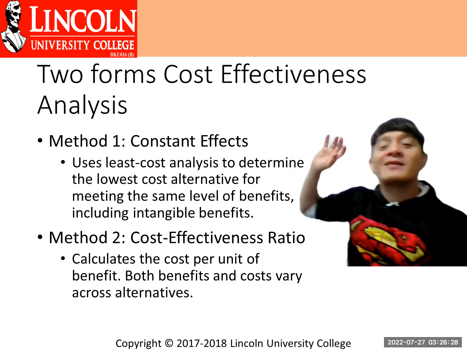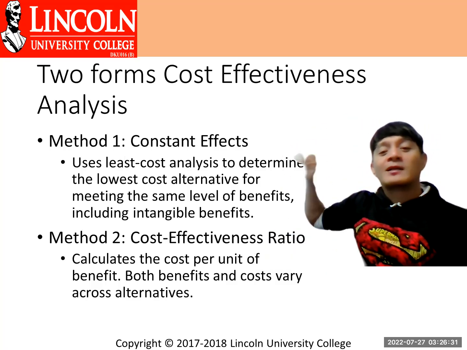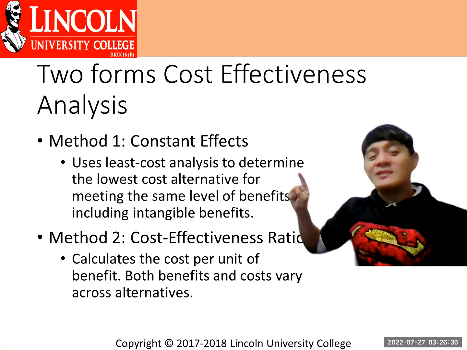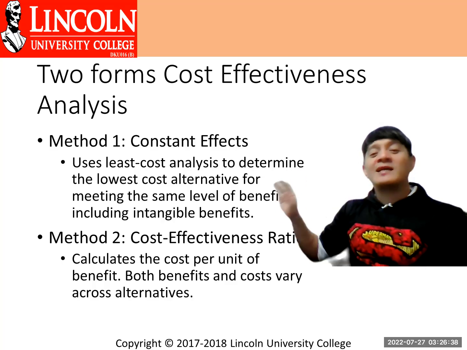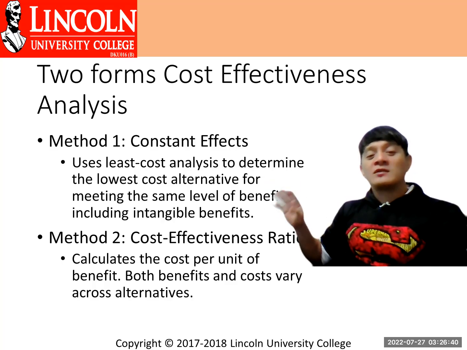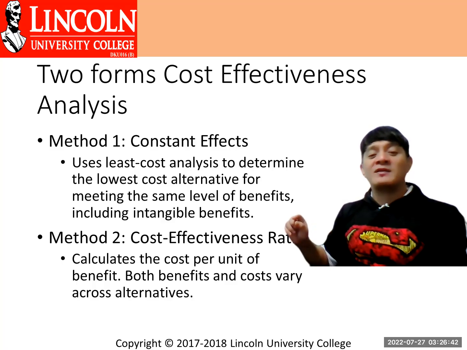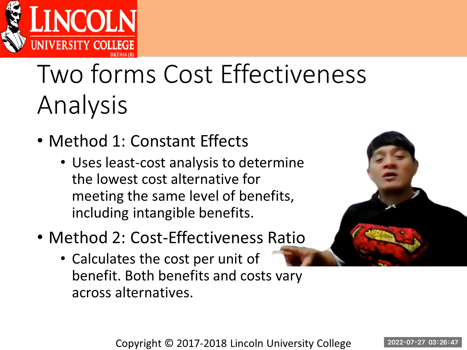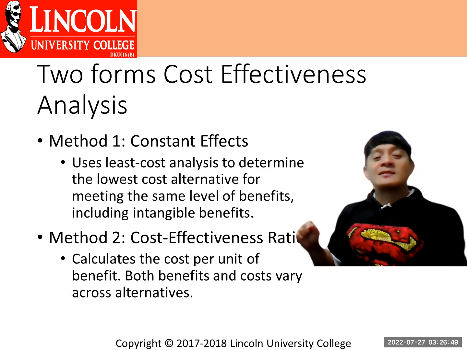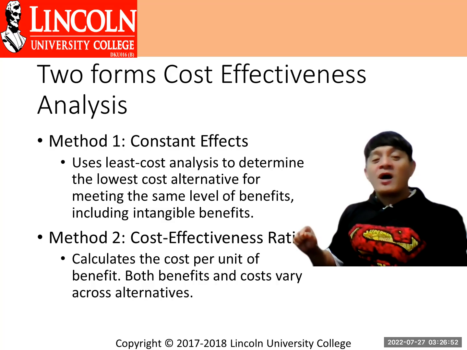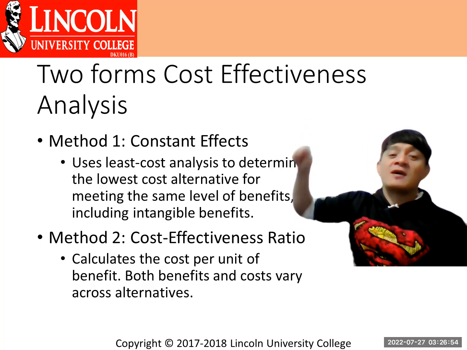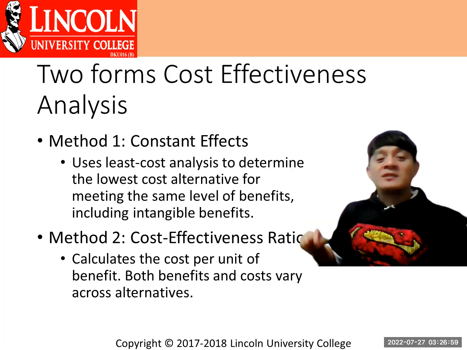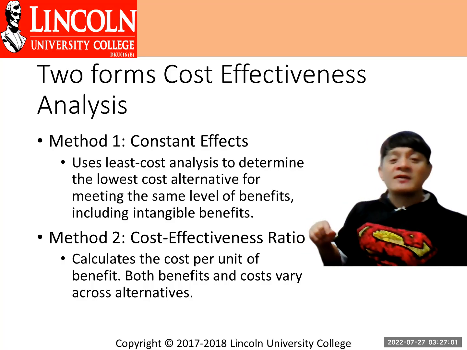And two forms of cost-effectiveness analysis. Number one is the constant effect. What is this? This uses the least cost analysis to determine the lowest cost alternative for meeting the same level of benefits, including intangible benefits. The number two method is the cost effectiveness ratio. It calculates the cost per unit of benefit. This goes to the constant effect, because both benefits and costs vary across alternatives. So the cost effectiveness ratio